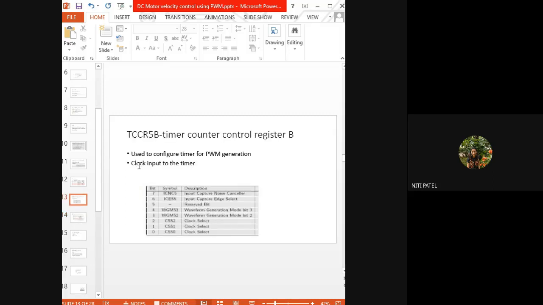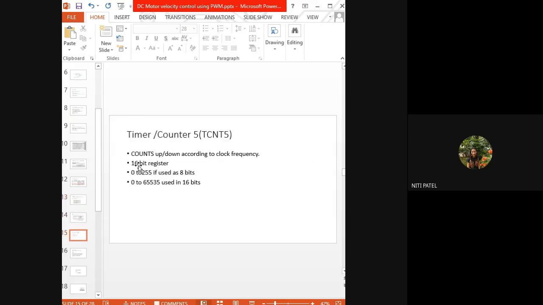So जब भी ये clock 0, 1, 1 input देगा 1 by 64th frequency का, तभी timer on होगा. Once that timer is activated, your channels will be selected, your waveform output will be selected, those bits will be set and then the waveform will be generated. Are you understanding? Yes, ma'am.